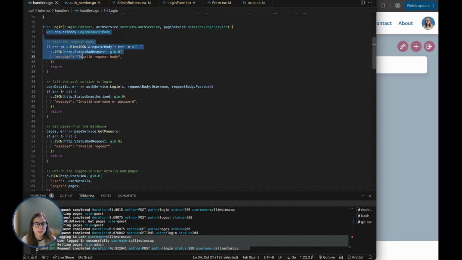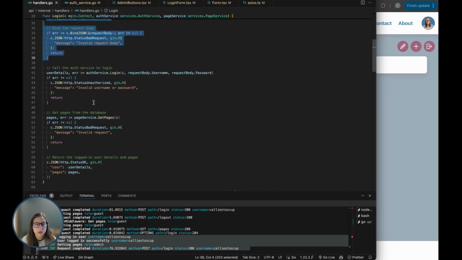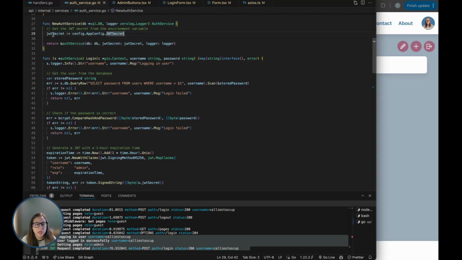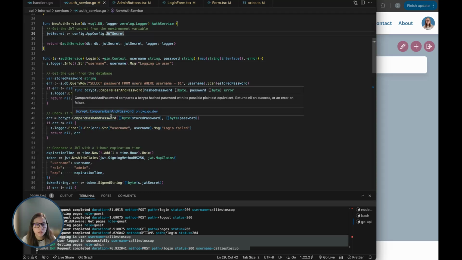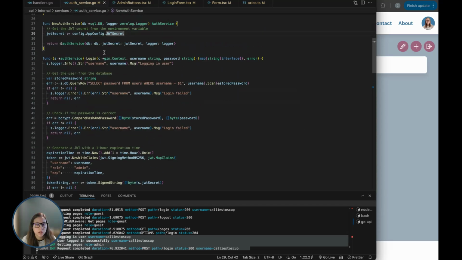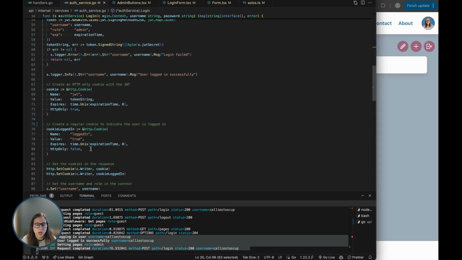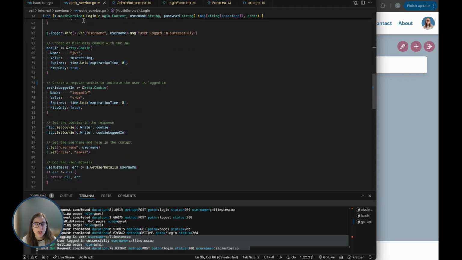All right, so first it's going to get the request body. Then it's going to call the auth service to log in. So let's go take a look at that. In the auth service to log in, that's right here, you can see that this is where we log in the user. We do all of the verification to make sure I'm the correct user and I have access, creating